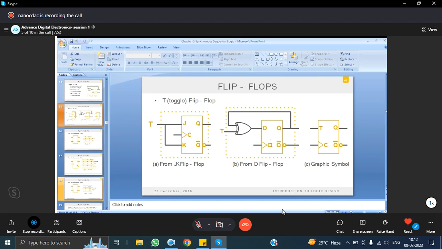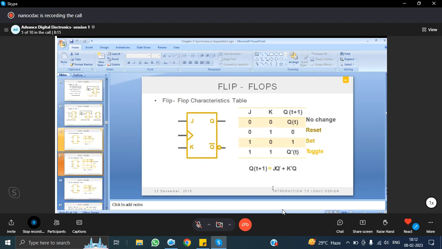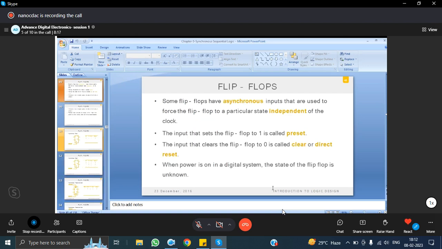And from D flip-flop, how are you obtaining the T flip-flop? You are using an XOR gate. One input is the output of the D flip-flop that you are feeding back, and the other input is T. Okay, so this is the way of forming a T toggle flip-flop from a D flip-flop. Okay, so this is the characteristic table of